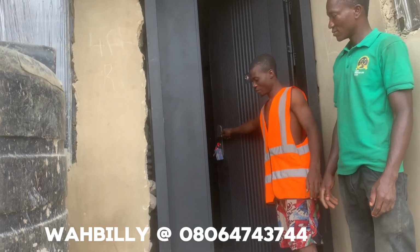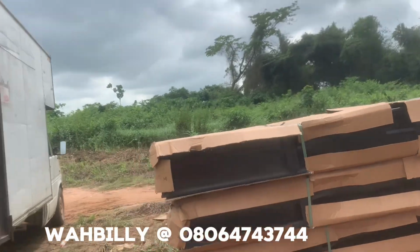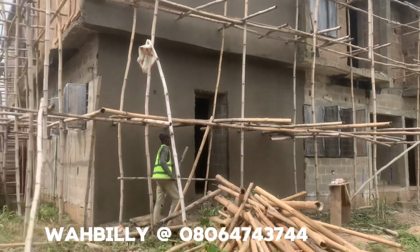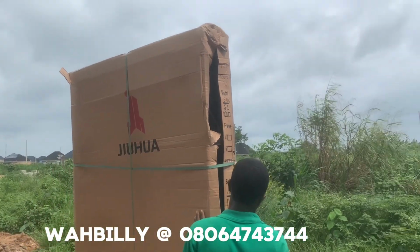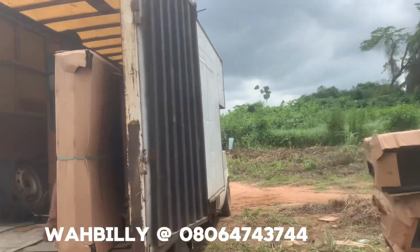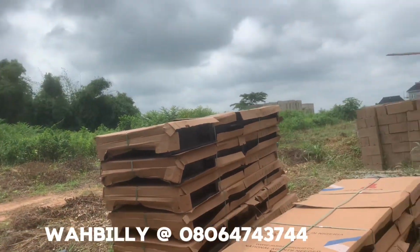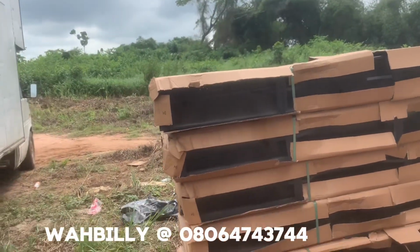This is the installation of Jua Studio in Ogun State, Nigeria. Guys, this is the installation of extra height doors. Extra height doors are higher doors, and they are not really common in the market of Lagos or in any door store. These are doors that need to be precise, and you need to select them based on what you have